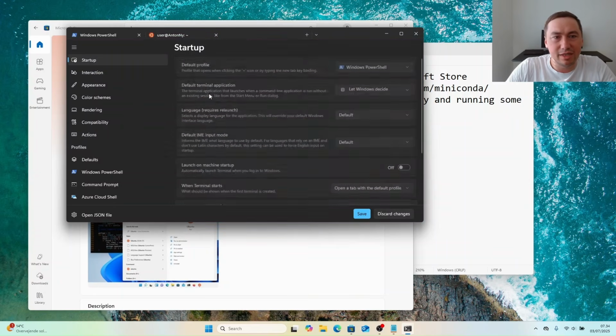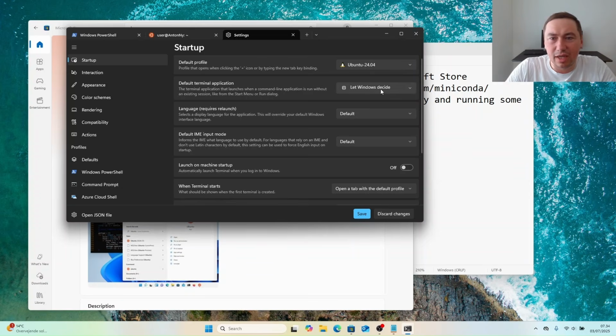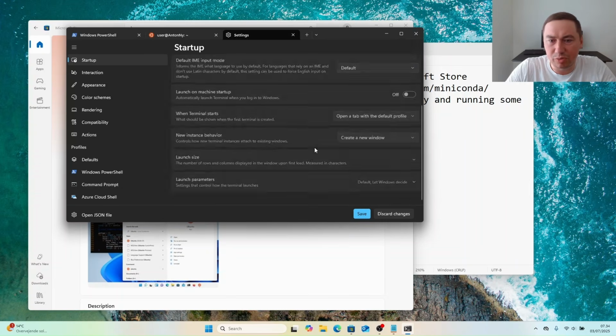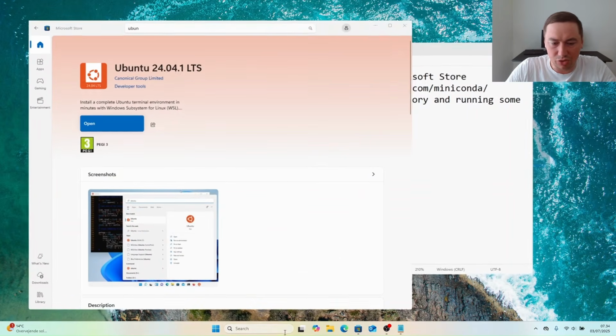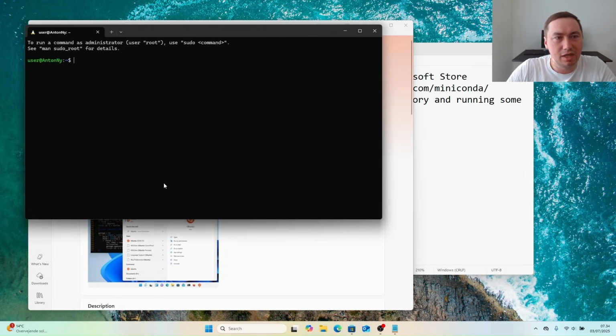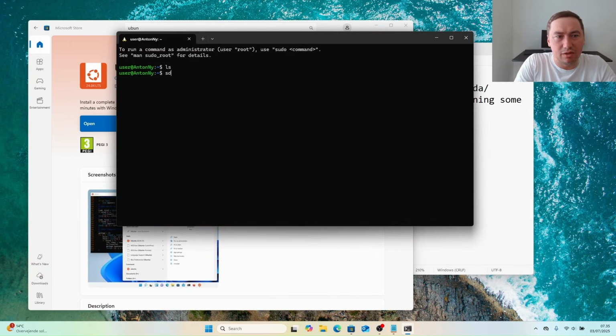You can also, in the settings, if you want to use it as a default, just say that you want to use this Ubuntu, which one of them you want. So basically after this, when we open the terminal, it should come correctly as this Ubuntu. So here you can see that you have this nice interface. So basically one good thing that you can do is just to check for updates and say sudo apt